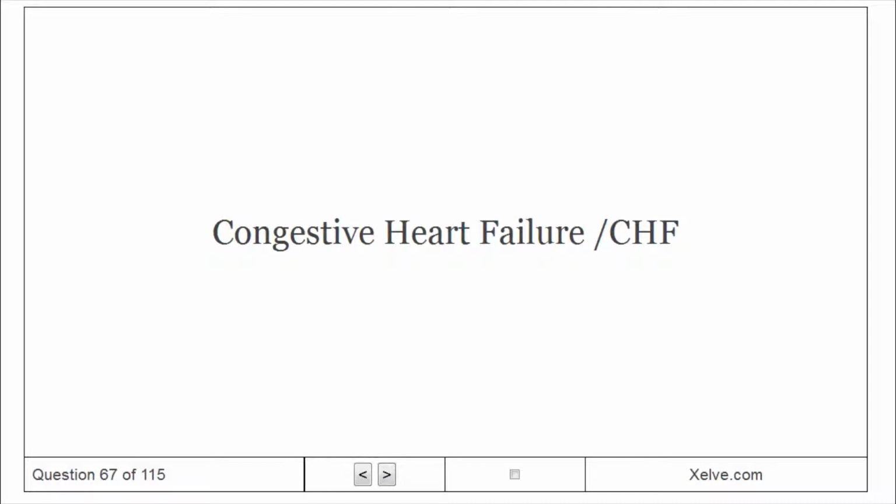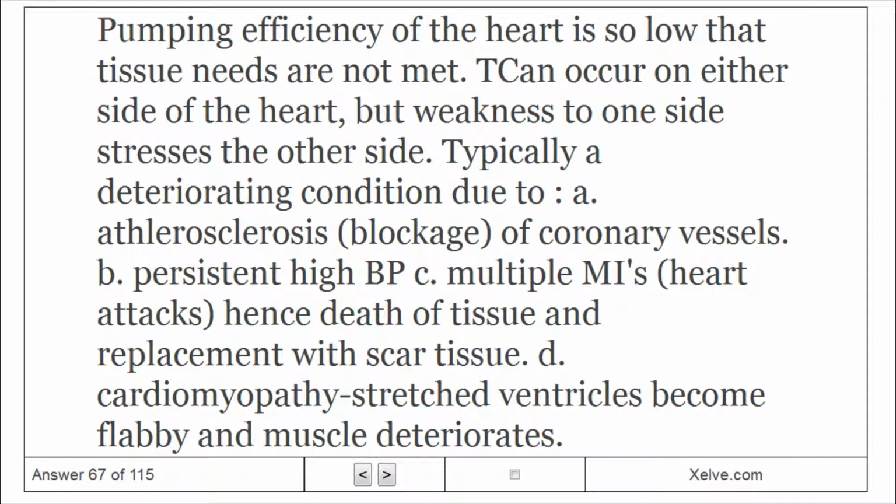Congestive heart failure, CHF. The pumping efficiency of the heart is so low that tissue needs are not met. It can occur on either side of the heart, but weakness to one side stresses the other side, typically a deteriorating